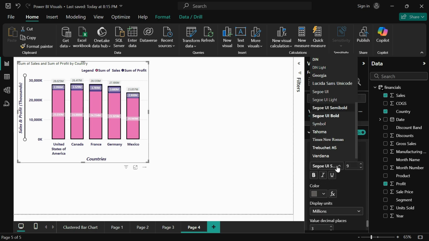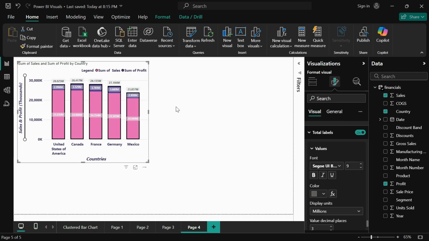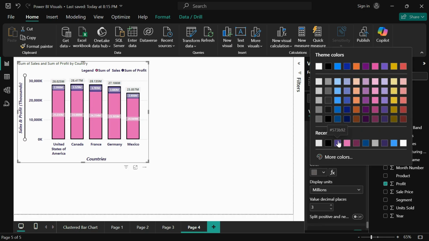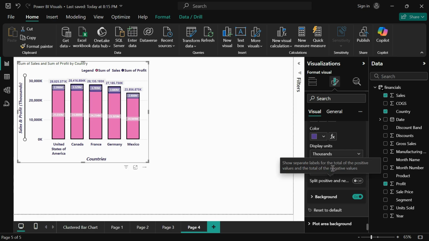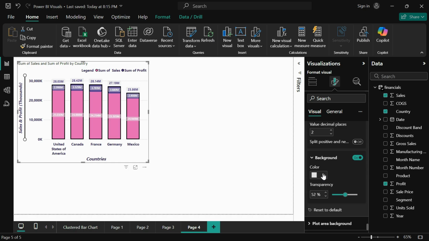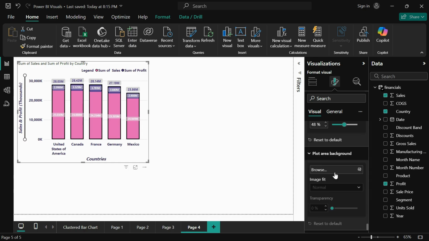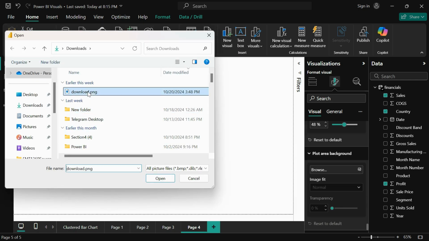We can again format these texts, right? We can increase or decrease the size. We can change the color here, and we can display the unit of it, let's say thousands, correct? Or we can make it million only, and we can increase or decrease the font size. We can change the background of these labels as well. As of now it is gray color. We can make it darker, or we can increase or decrease the transparency in this way. And under the plot area background, we can add any image